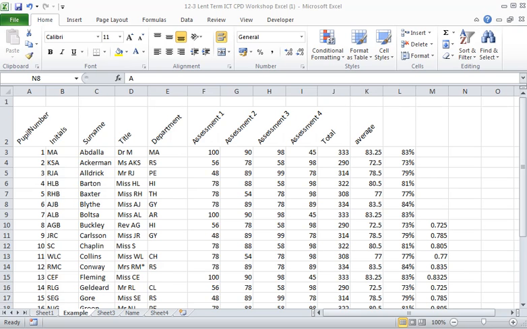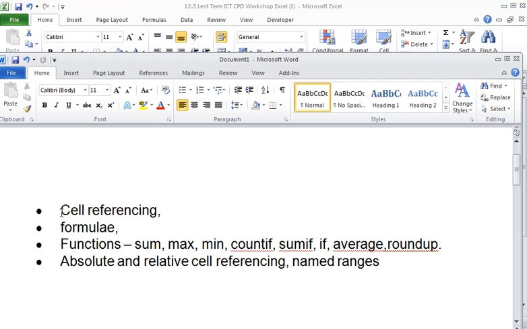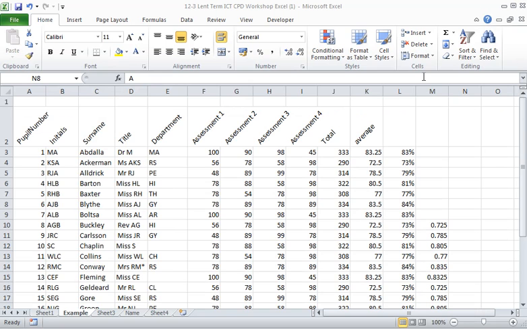This will be a basic introduction to spreadsheets. Some of the topics we will consider will include cell referencing, formulae, functions, absolute and relative cell referencing, and named ranges. A spreadsheet is a piece of software which is essentially a large table